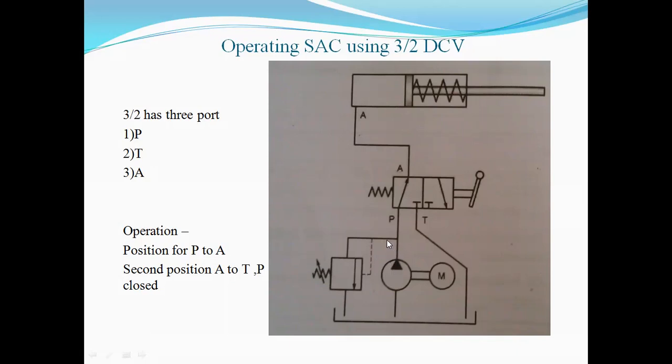So in the normal operating condition, the pressure is 50 bar, so it can't open this pilot line. Due to that, all the oil will be supplied to the actuator, moving it forward.